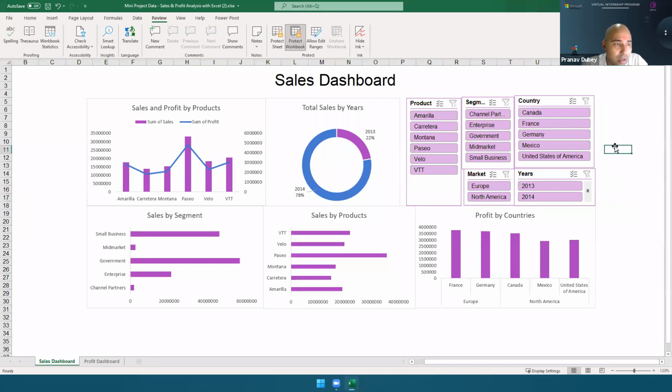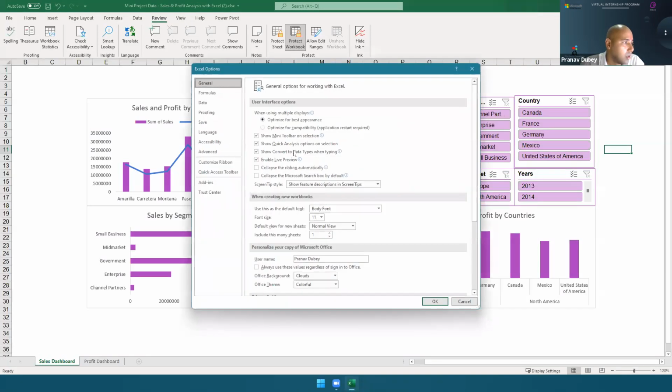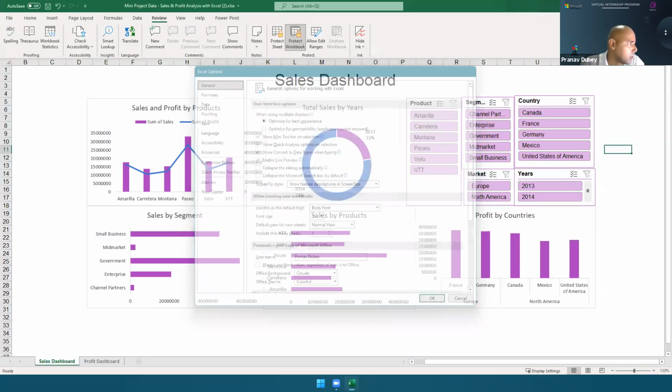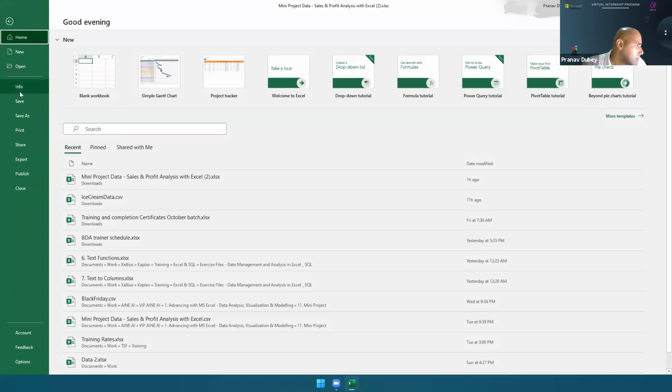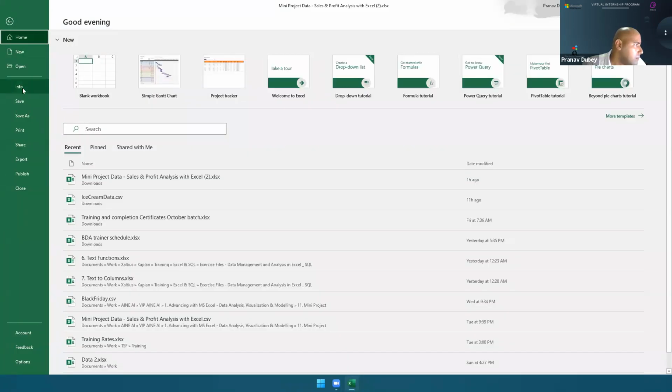And for that, we will have to go to the File tab in Excel, and then go to Info.